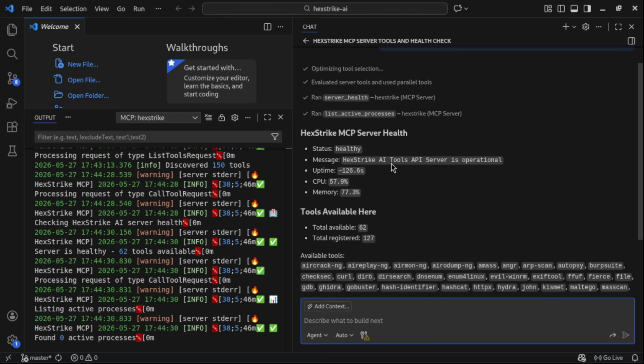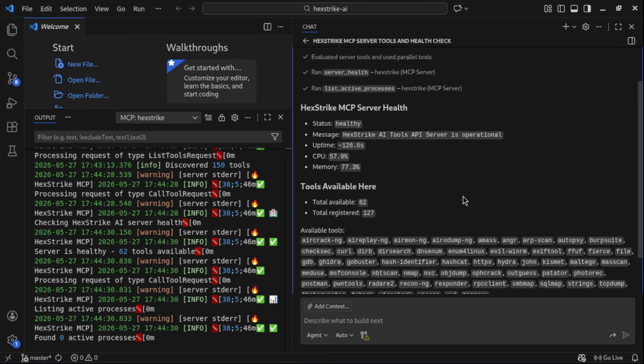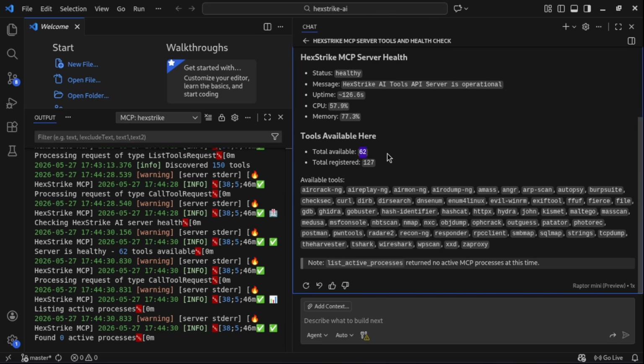Okay, so here is the status we have got. The status is healthy, with uptime, CPU, and memory consumption, the overall thing. Total available 62, total registered 127. That means some of the tools are not installed in my system. Total registered is 127 tools it's going to use, but only 62 are present